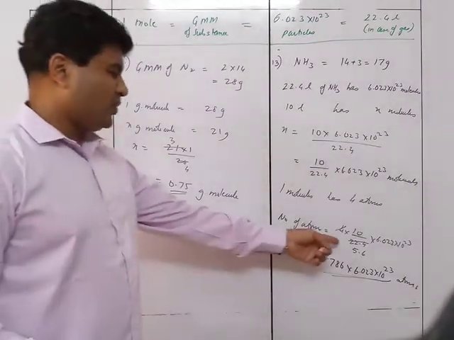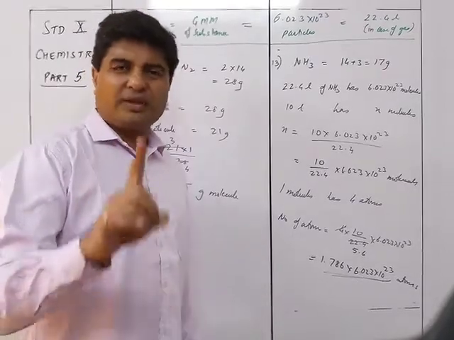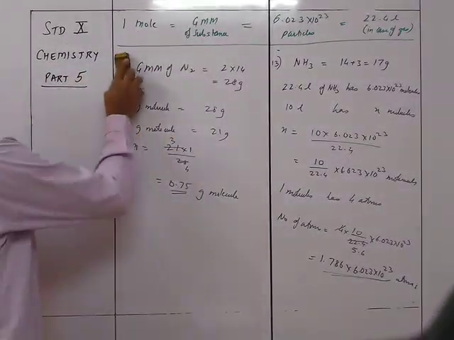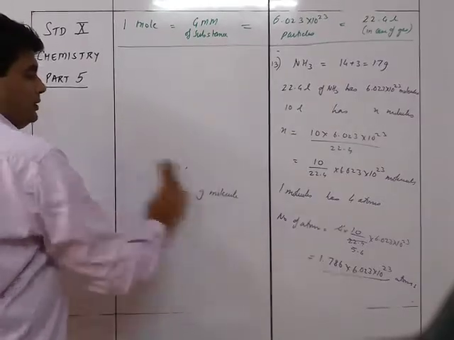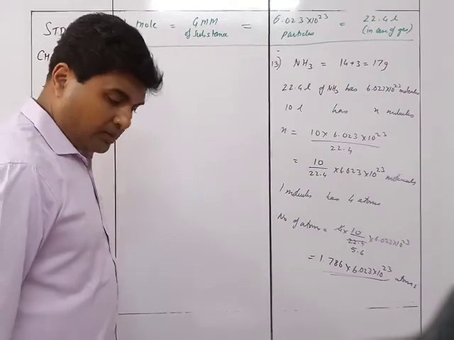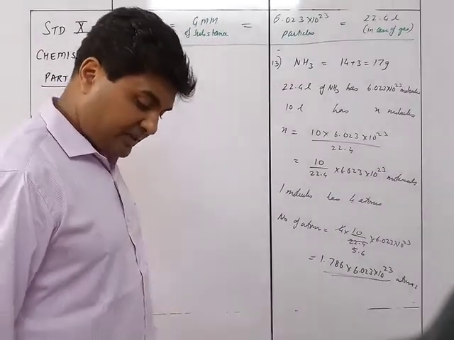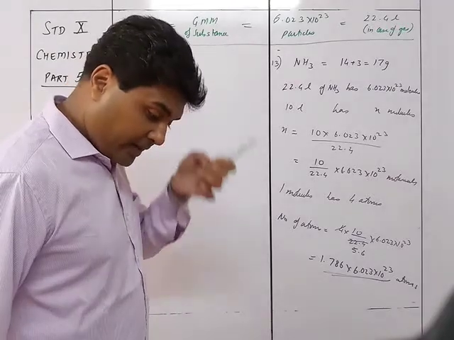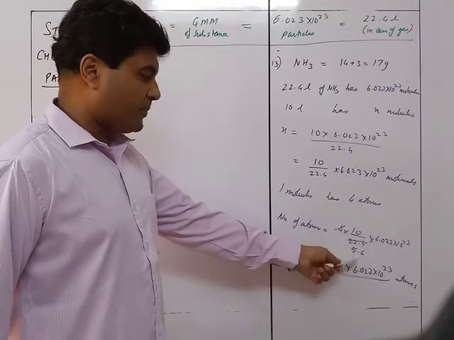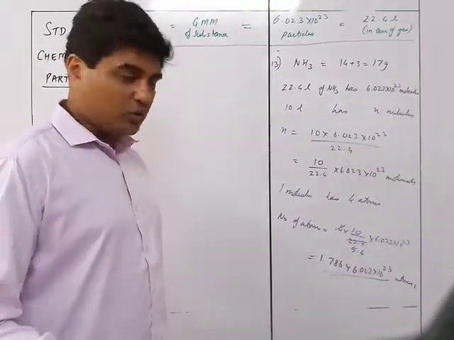I think you can keep it over here itself. No need to calculate such things. Dividing 10 by 5.6 is not required for 1 mark. If you have time, of course you can do it. But otherwise, don't waste your time on such things when you have the rest of the paper left. You can bring it up to 10 upon 5.6 or 100 upon 56, and then leave it there or reduce it to the lowest form.